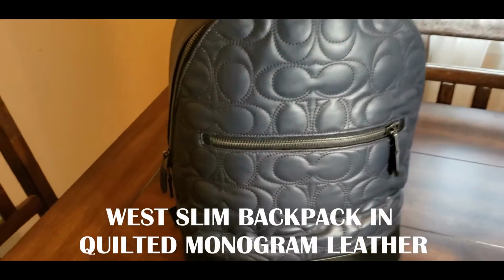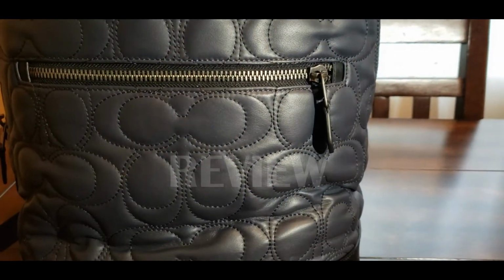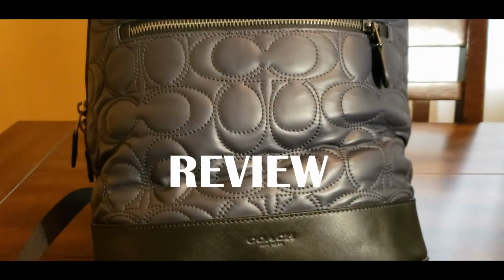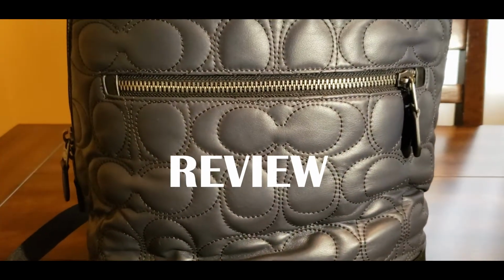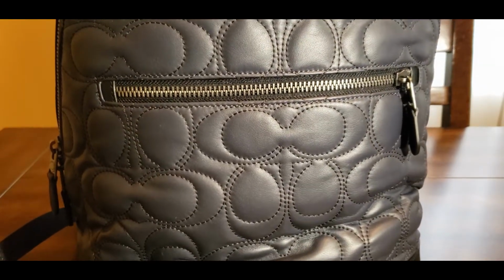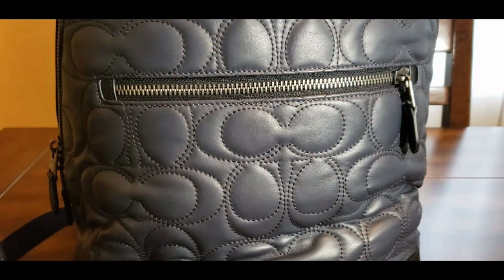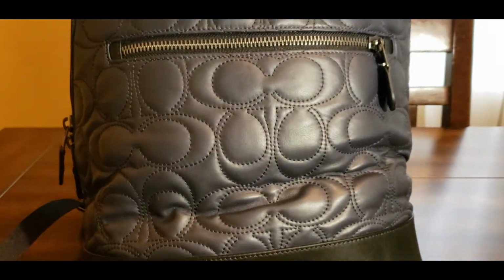What are we looking at right here? One of my favorite items from the Coach Factory, from the family. We have here today, my good people, the Coach West Slim Backpack with signature quilting. Wonderful item. Let me tell you guys,